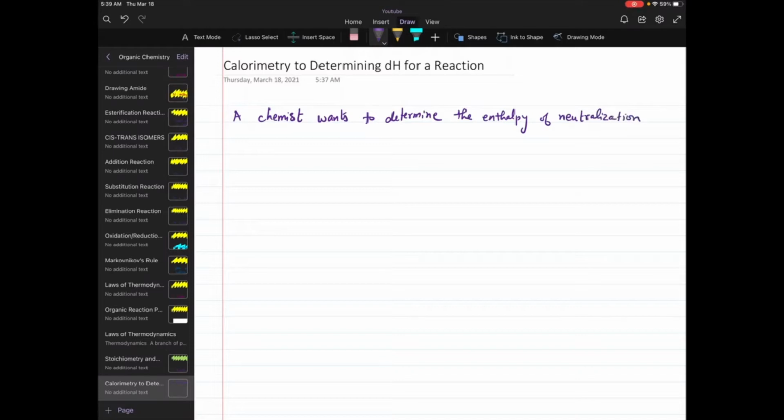Now, since they're talking about enthalpy of neutralization, we know it's going to be an acid-base reaction, because an acid neutralizes the base, or the base neutralizes an acid. So, a neutralization reaction for the following reaction,